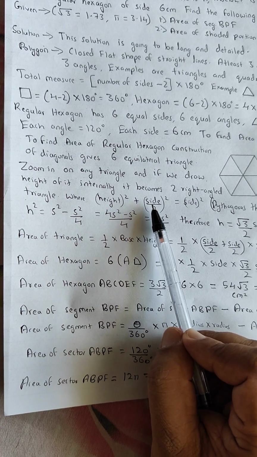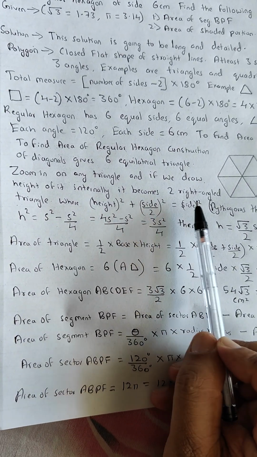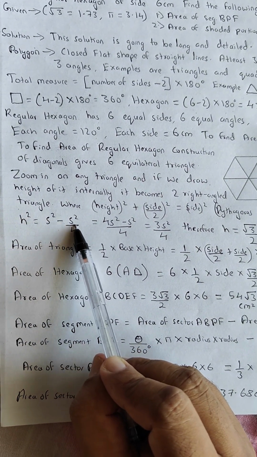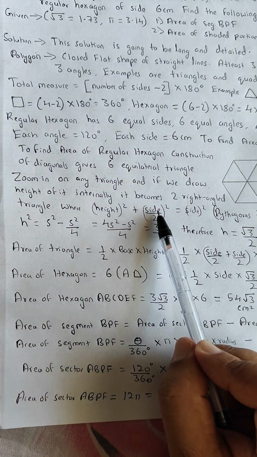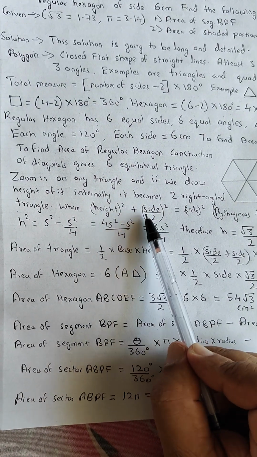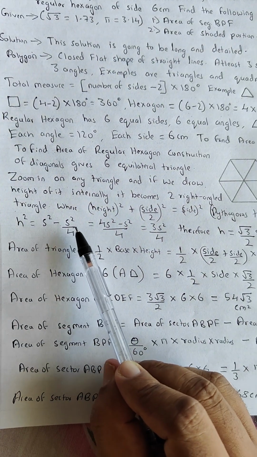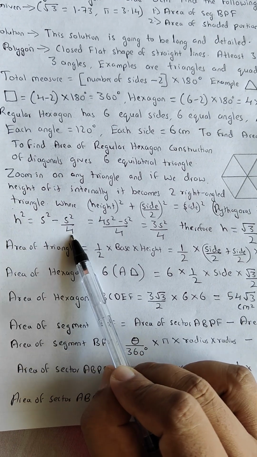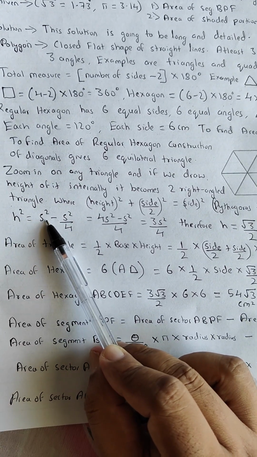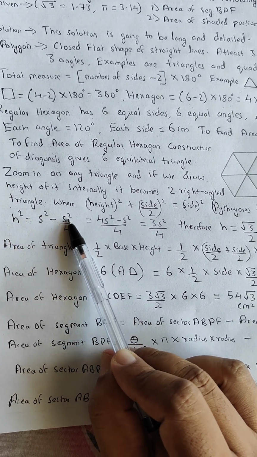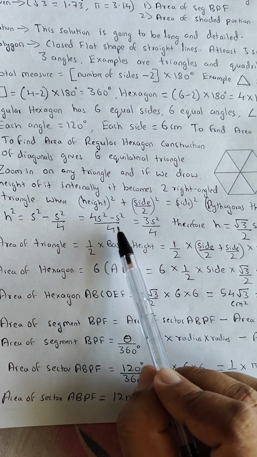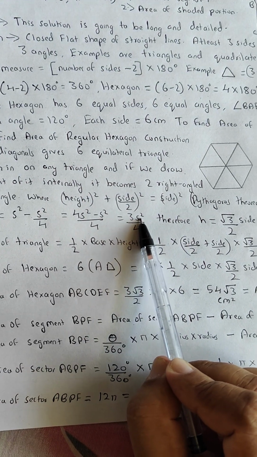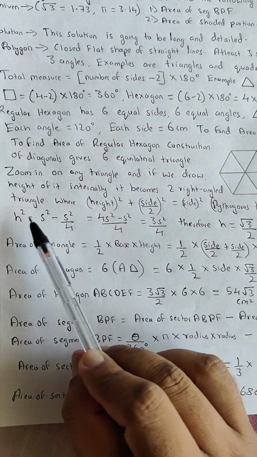I will adjust this term. I will take side upon 2 the whole square on the other side. Now this becomes h square equal to side square minus s square upon 4. Why this 4 came? Because side square is side square and 2 square is 4. This was in plus. Going on the other side it becomes minus. So this becomes s square minus s square upon 4. Here denominator is 1. To make the denominators common, I have to take this 4 and multiply this s square. So this becomes 4s square minus s square upon 4. Denominator 4 becomes common over here. Then 4s square minus s square gives you 3s square. 3s square upon 4. But this is the value for h square.